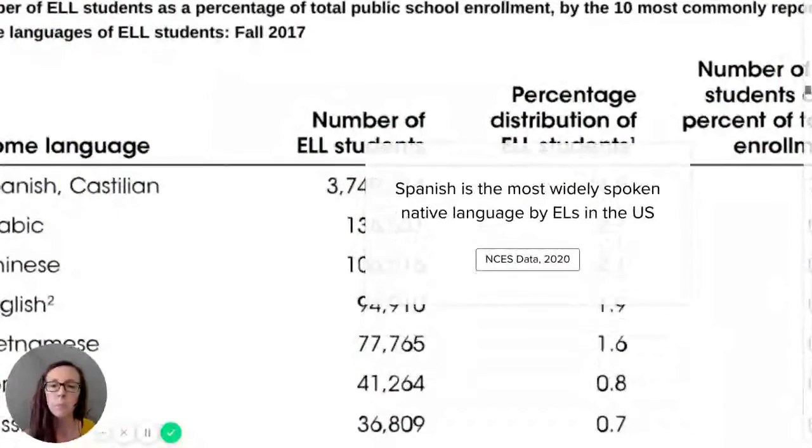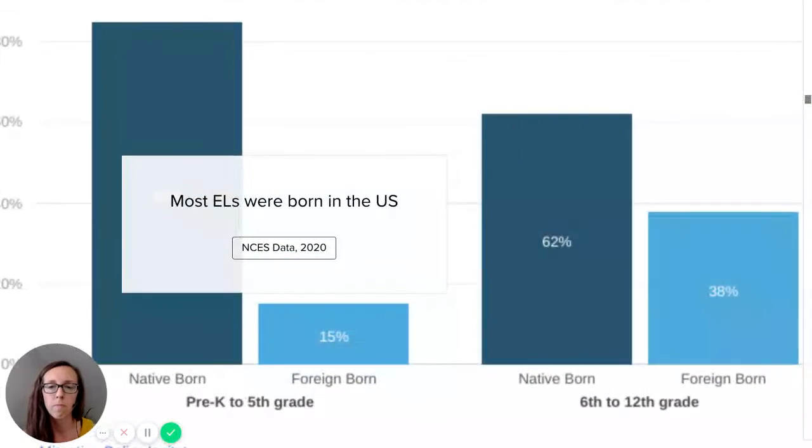In case you were wondering what the most widely represented language group within our English learner population is, it is Spanish. However, I'm sure as you think about your school and your student populations, Spanish is not the only language represented. There are many others, Arabic and dialects of Chinese being the next runner-ups. In Minnesota, some that we see quite often, specifically thinking about my school, are Somali and Hmong, as well as Spanish.